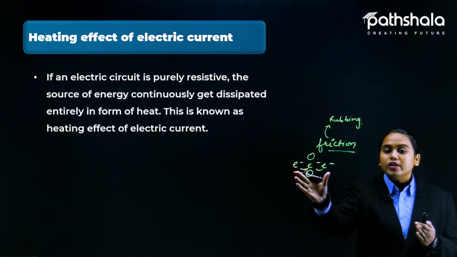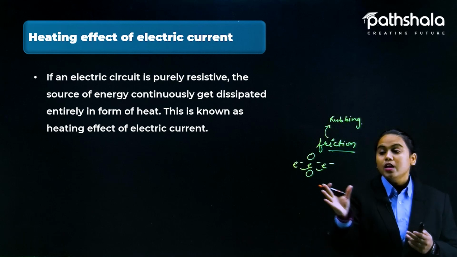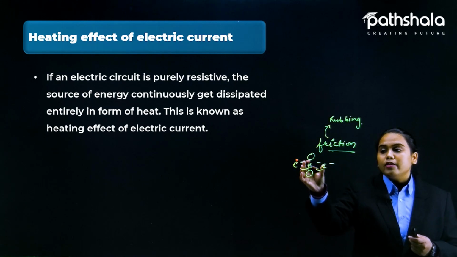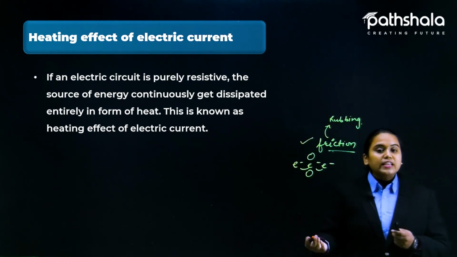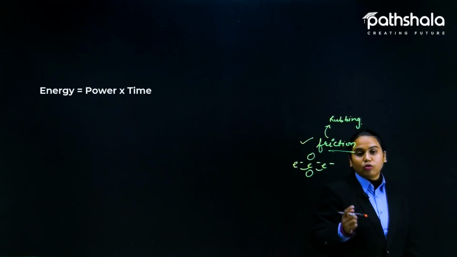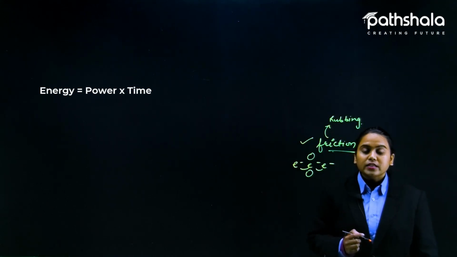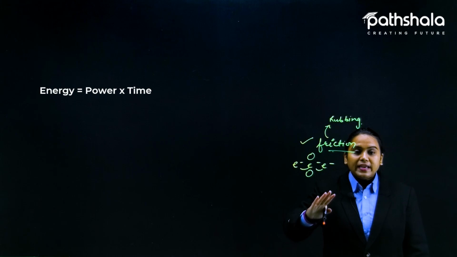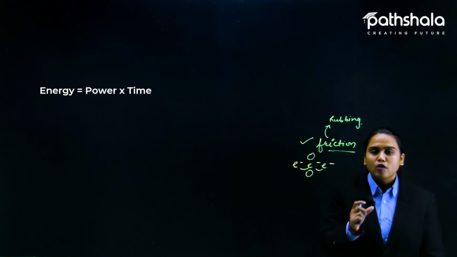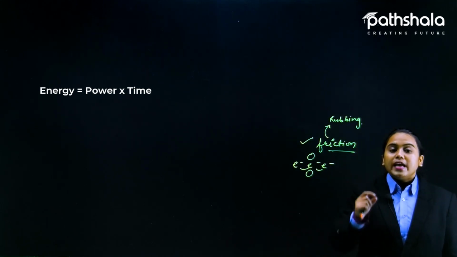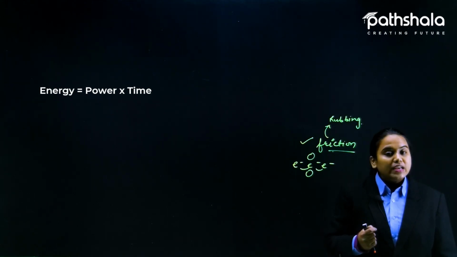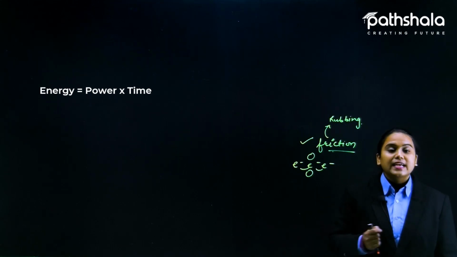So the device will be in a continuously working condition, and the electrons will continuously get friction with each other, and due to the friction, your device will heat up. Here the energy is equal to power multiplied by time, right students? And the power value is given on the device, that this device is consuming that much power. So energy here is in the form of heat. We can calculate the amount of energy we are using and the amount of heat dissipated by the device.